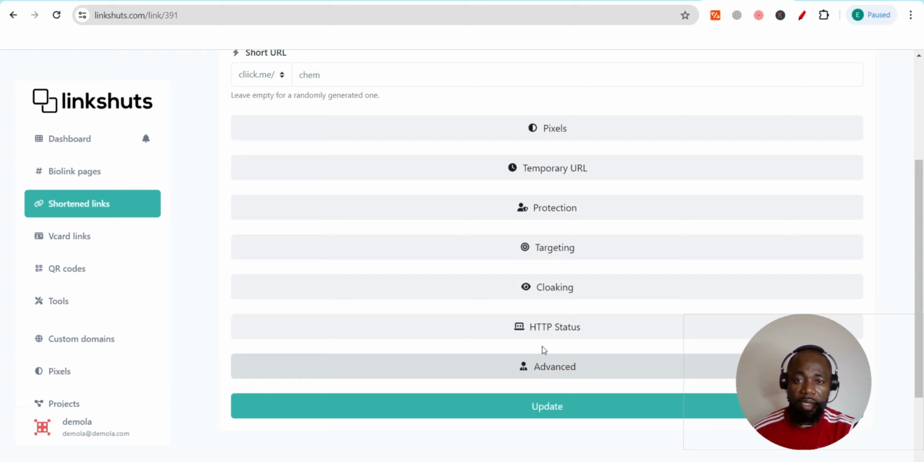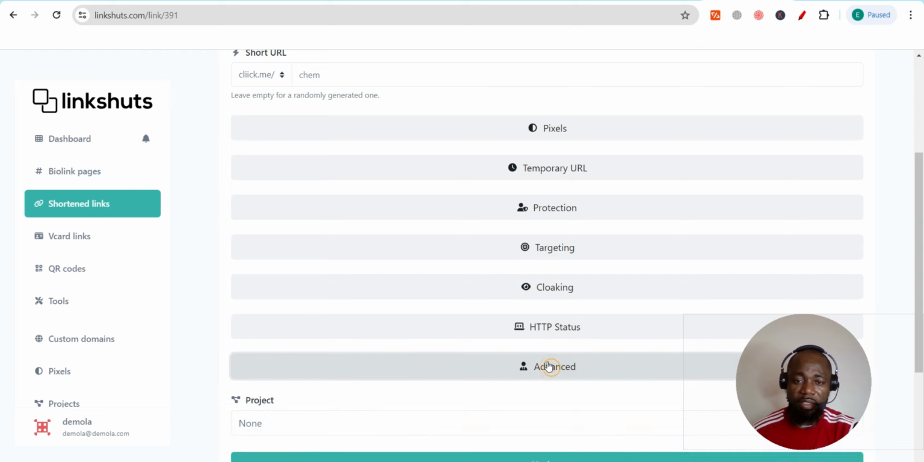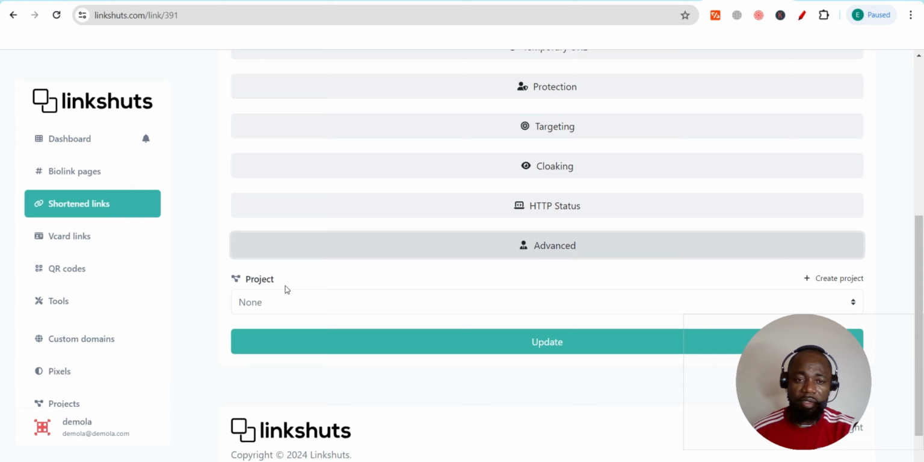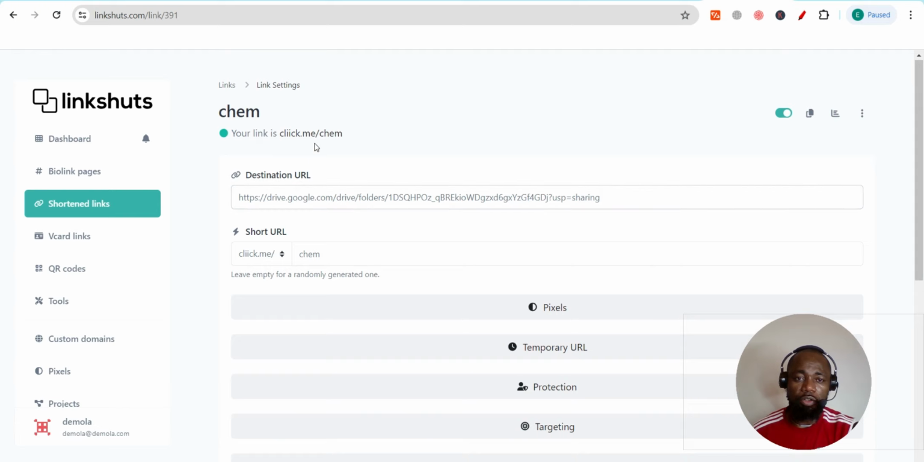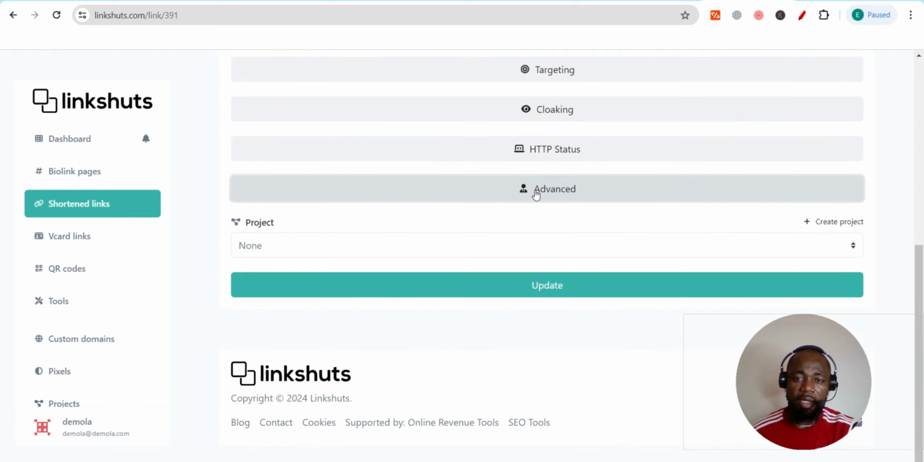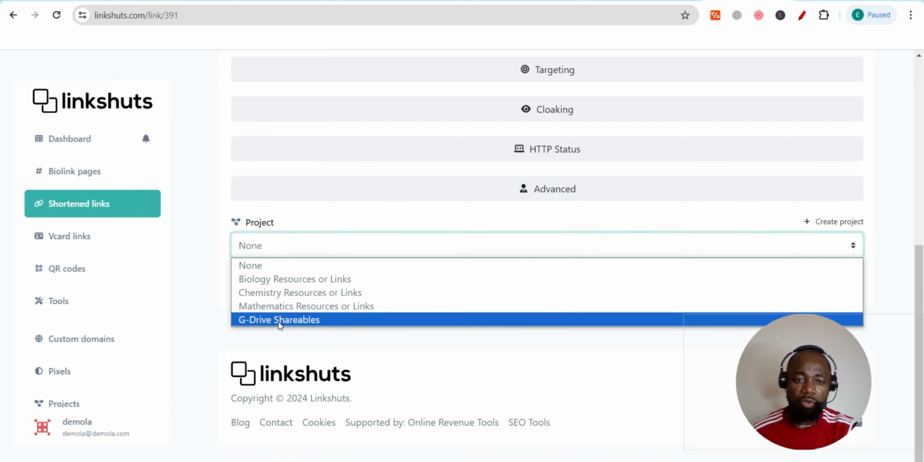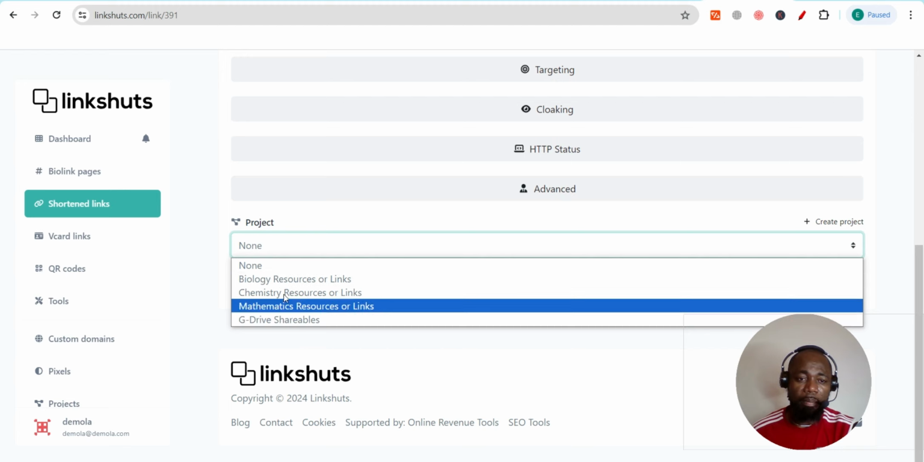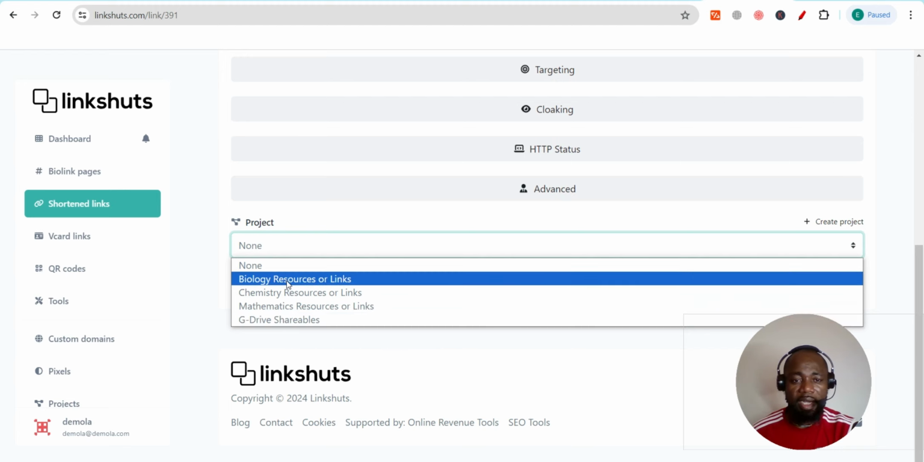So for you to do that, go ahead and click on advanced. When you click on advanced, you can see the project that we created is now appearing here. At this point, this shortened link has got no grouping. So we come here, click on advanced to open the advanced tab, and then click on this none. You can have a drop down of all the projects you have created,